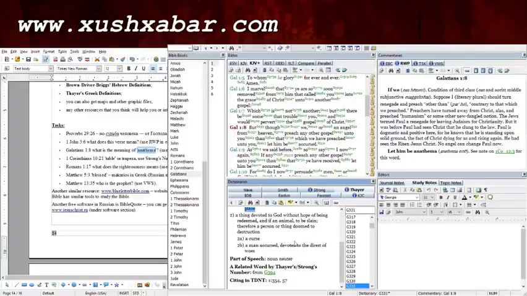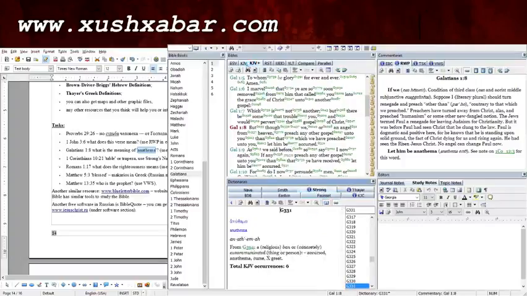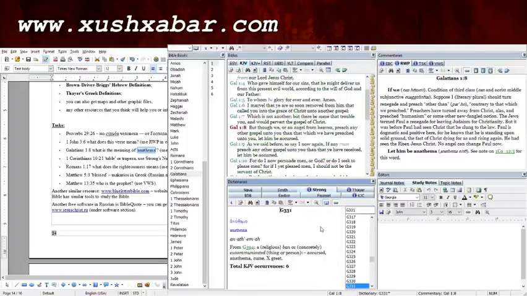Could also mean a curse, a man accursed devoted to the direst of woes, which means somebody who would be forever separated from God. That is the meaning. And you can also look over here,